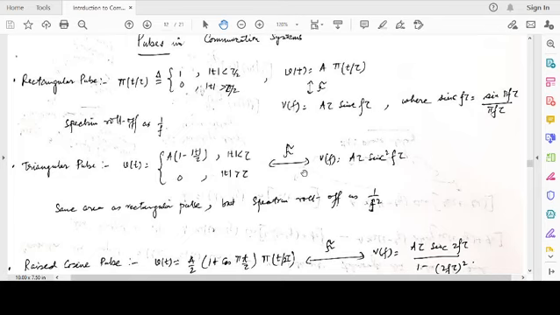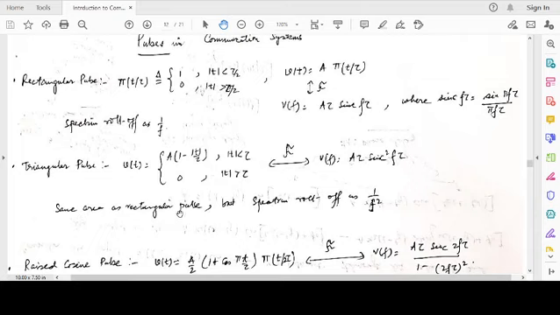Beyond that, it is 0. The Fourier transform of that: convolution of two rectangular pulses in the time domain gives a triangular pulse, and convolution in the time domain translates to multiplication in the frequency domain. So you have multiplication of sinc(f tau) with sinc(f tau), that is sinc square f tau. Sinc square means the sine square magnitude is bounded by 1, so it is h square divided by h square.